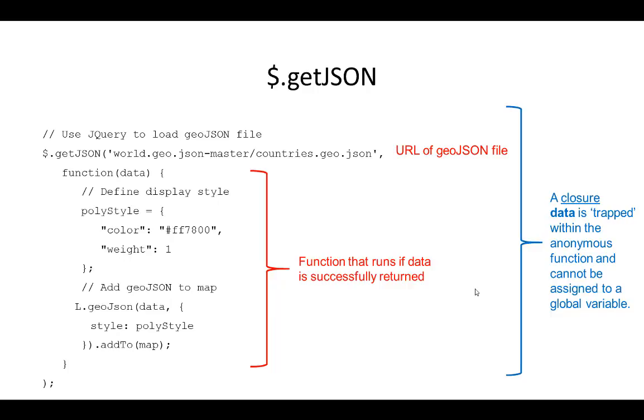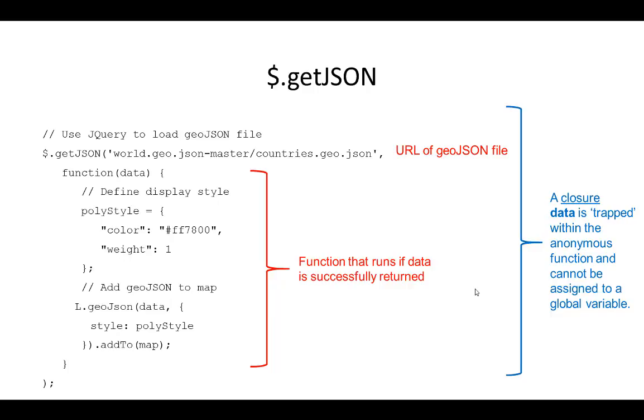So we start off with jQuery. Whenever you see this $ sign, that means jQuery, or that's the signifier used by jQuery. Of course, another library could use $ as well, just like another library could use L, which is the one used by Leaflet. So L dot is Leaflet, $ is jQuery. It has a method called getJSON, which basically loads a JSON file,